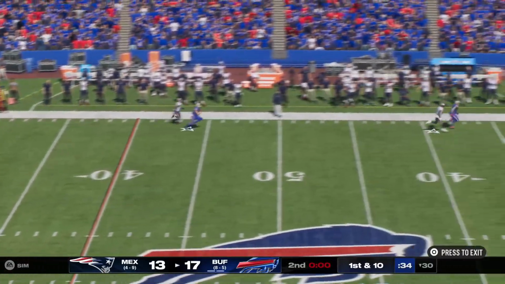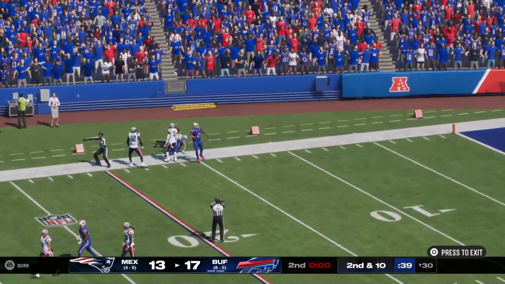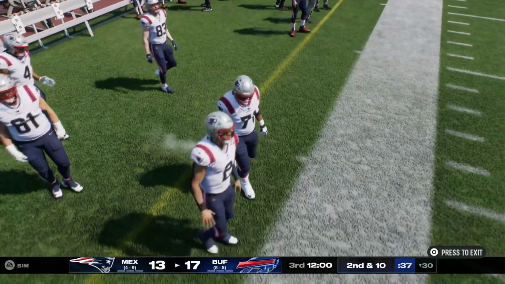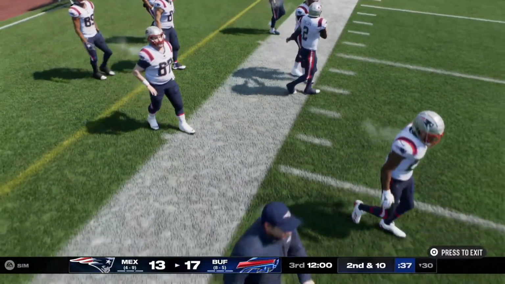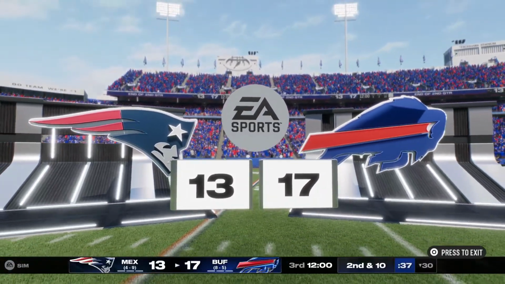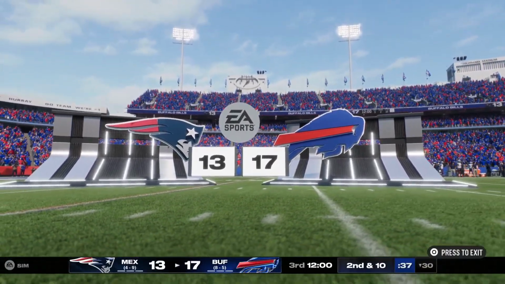Now he fires deep for Shakir. And the throw left sideline here is caught, but they'll rule it incomplete. Couldn't keep his feet in. 2nd down. So we've reached halftime here in a 4-point game. As we send you down to Orlando, where Jonathan Coachman has our EA Sports halftime report.